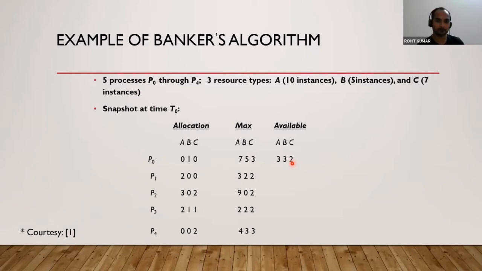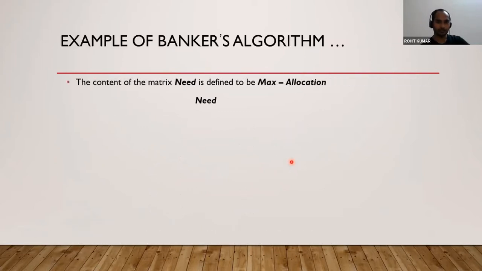Anyone has the confusion? Okay, fine. So what you need to do, add these resources to the available resources. Now the available resources are 5, 3, 2. And what is the need? After P1 is out of the requirement list now. Okay, it doesn't need any more resources, but it is already completed.